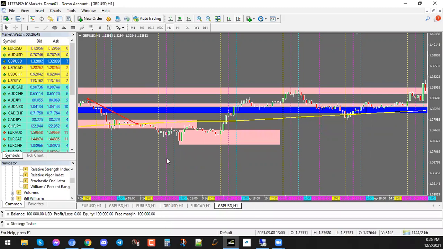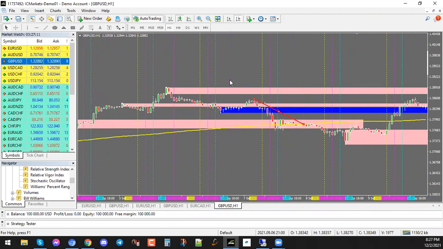Now, look at this. We have 1, 2, 3, 4. This is 5. Okay. This is what we look at, and we call this an impulsive wave to the upside. Now, it doesn't have to be a perfect impulsive wave. It could be an impulsive corrective wave. Okay. So we could look at this and say that this is a 5-wave move, and we can say that it's an impulsive corrective cycle. Okay. Now, we have this move down,